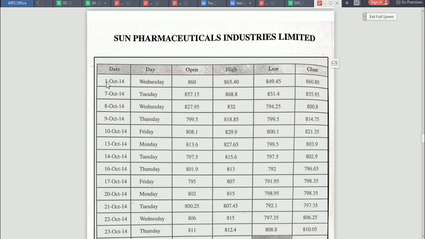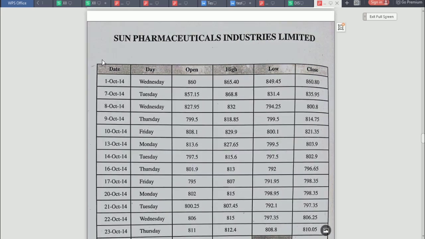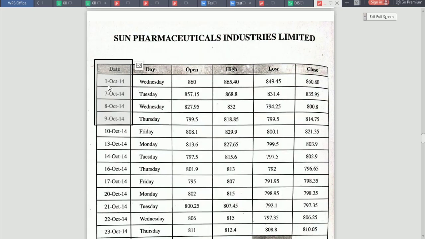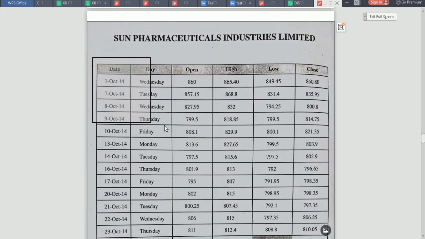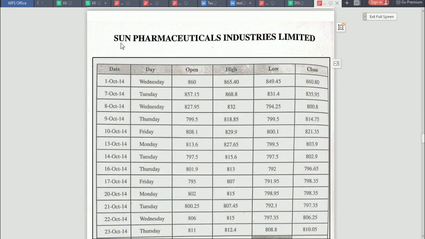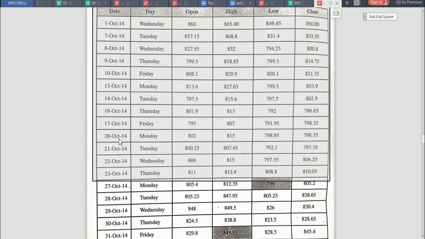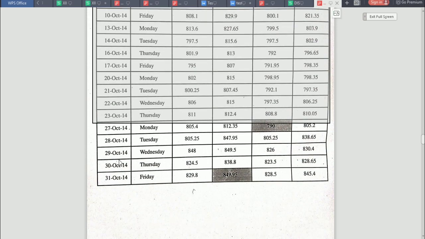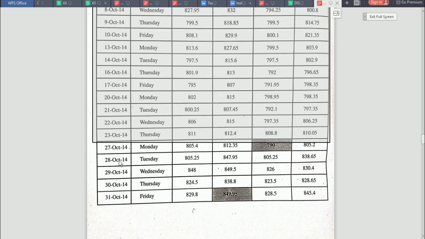So you may see that after 1st October we have 7th October. So this is not done intentionally or purposely. The data is available from the website in this format only during these days only. Maybe 2nd, 3rd, 4th, 5th, 6th were Saturday, Sunday or any gazetted holidays. So if it was not a trading day on the stock exchange, the data will not be available. Anyhow, you need to take the data which is available on the site and you need to put it in this tabular form till the last day of the month, which is 31st October in this case. So this is the data for the month of October.